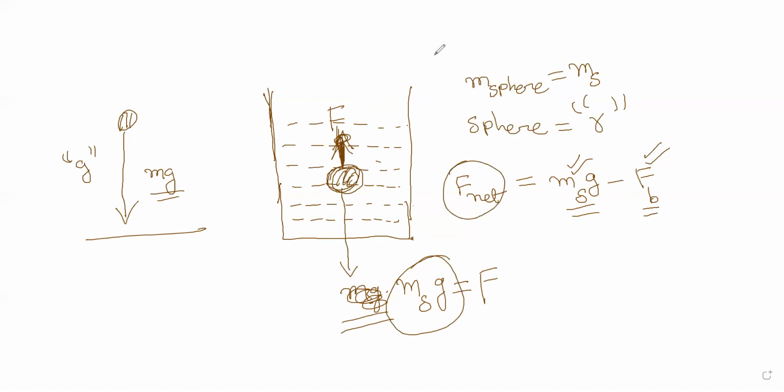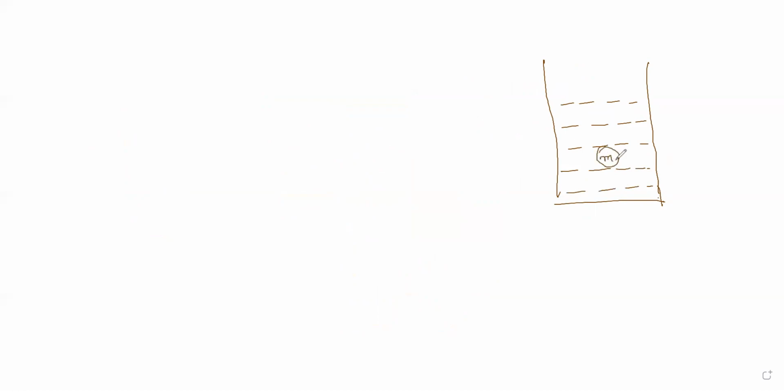Now, how to calculate the buoyant force? That is our task. So how do we calculate buoyant force? Now you see this. Suppose you are in a liquid. You have put the sphere inside the liquid. The sphere is dropped inside the liquid. Let us say its mass is Ms. And the volume of the sphere, you know how to calculate. If this has a radius of r, then it's 4/3 pi r cube. You will calculate that, right? There is nothing to do.